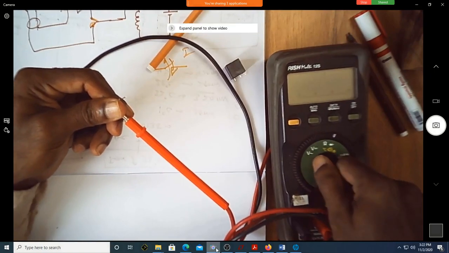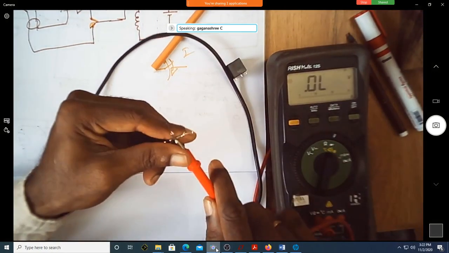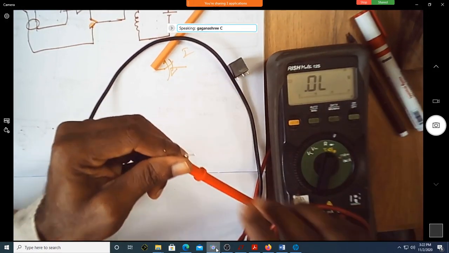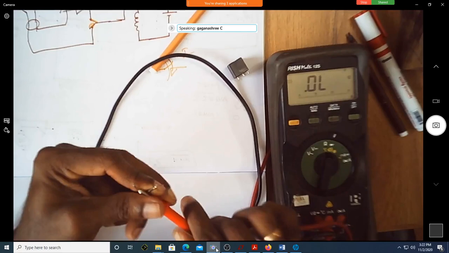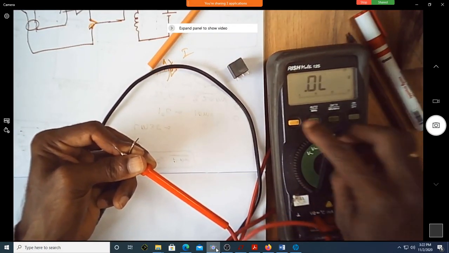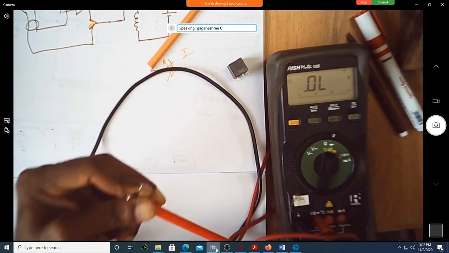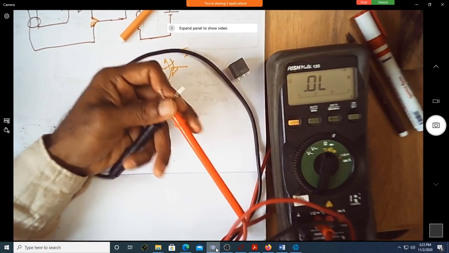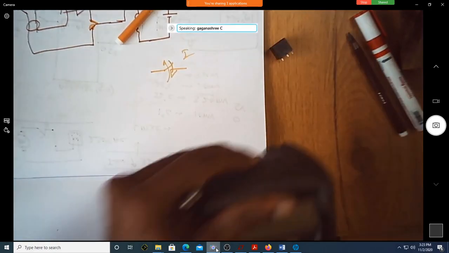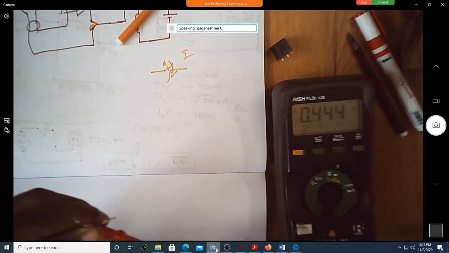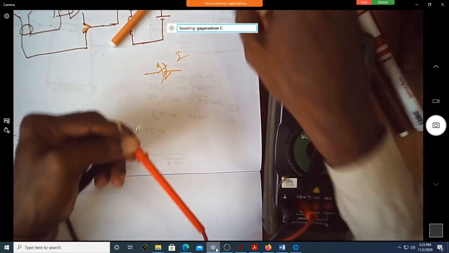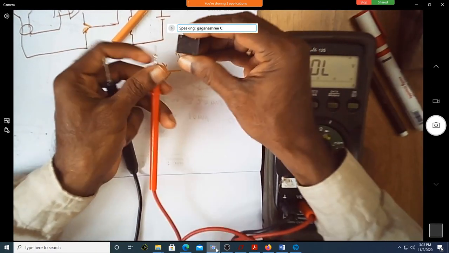Wait. Maybe the battery is down. Can you hear that buzzer sound? Here there is one common terminal.